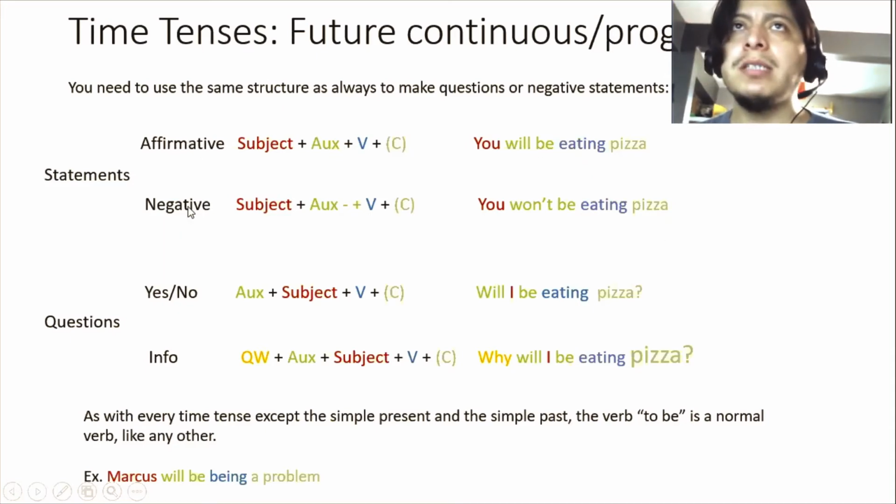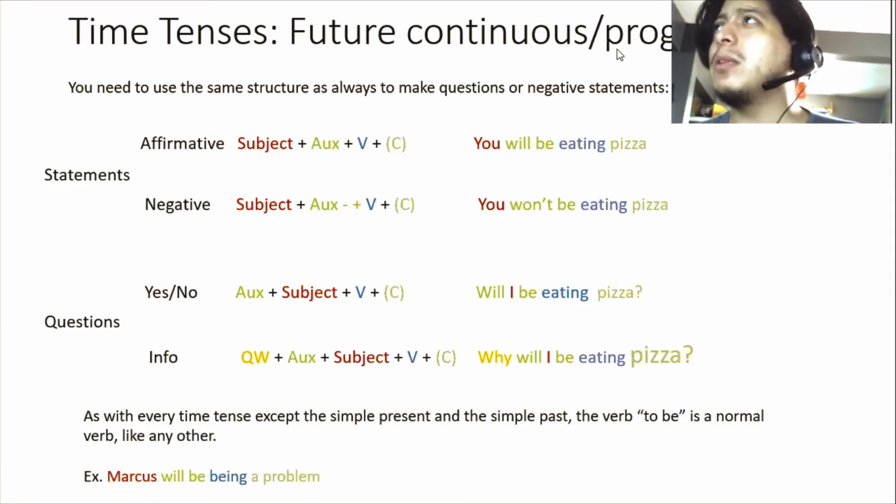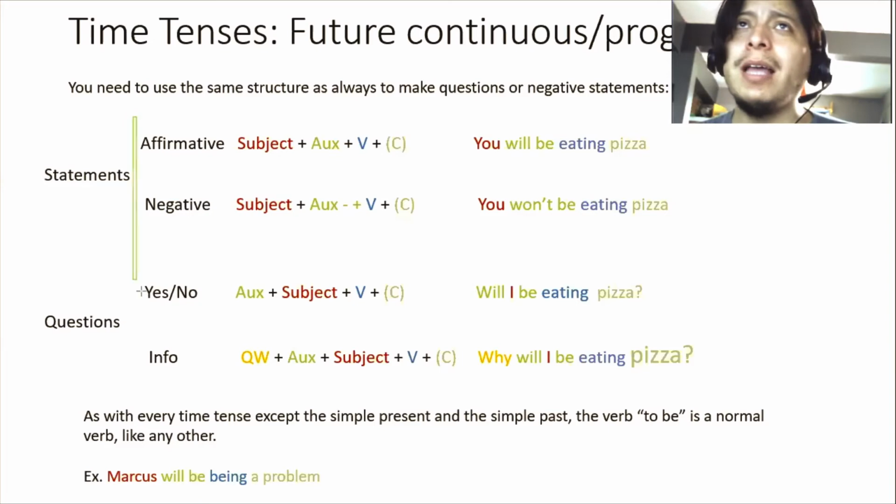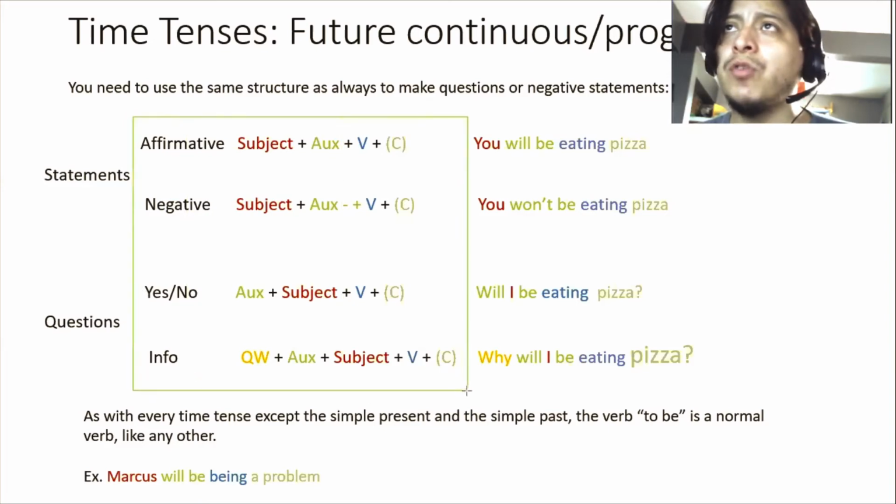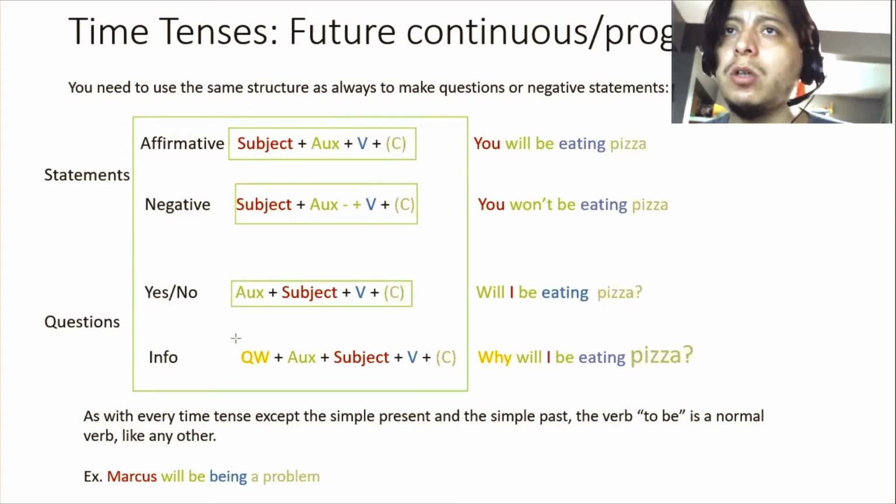Okay, now another important thing, well, we have it here. Affirmative statements, negative statements, yes, no questions, information questions. Remember, this is something that we have been speaking about since the beginning of the course. We were saying that every sentence in English is one of these four. Everything you say in English is an affirmative statement, a negative statement, a yes, no question, or an information question. So everything you say in English is these four elements, and the only thing that you have to do is change the order of these elements. So everything in English has the same structure.